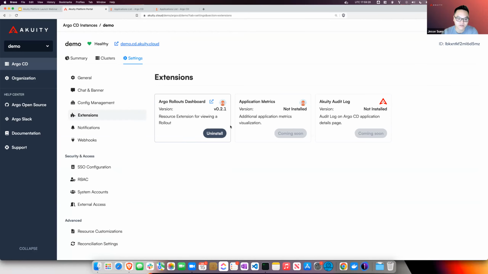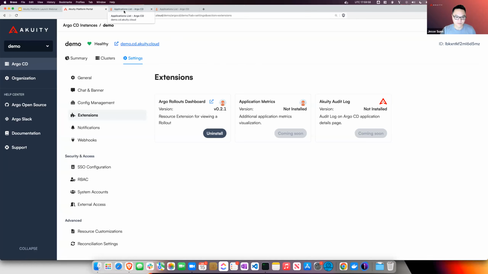It is possible to extend the Argo CD UI and create new visualizations directly in the UI, and you can do it at a resource level, or, as we recently added, at an application level. And I know Intuit is working on a metrics extension, which we're also looking forward to.